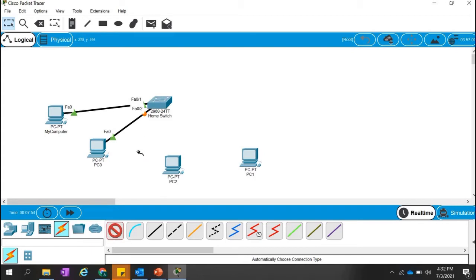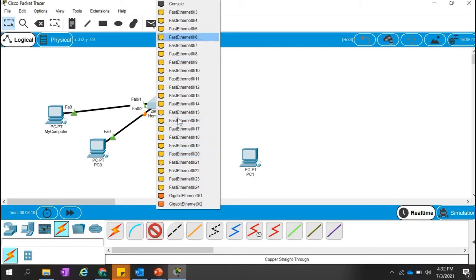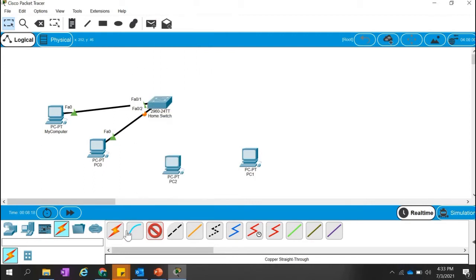So you have another option to choose the crossover or straight through cable. Between switch and the computers, we use the straight cable, right? So we will choose copper. No, not crossover, straight. So we will use a connection like this. If you choose it, then we have the options of which port you want to connect, correct? If you use the automatic cable, then the ports are used in sequence. The first port we used FA0/1, the second port we used FA0/2, and next, if you use automatic, then FA0/3 will be used.